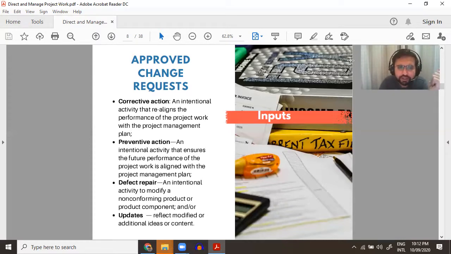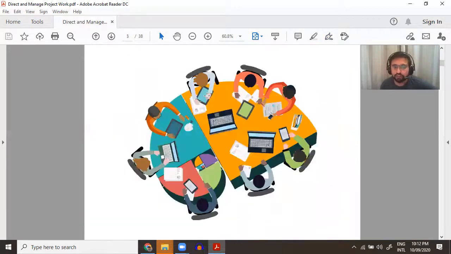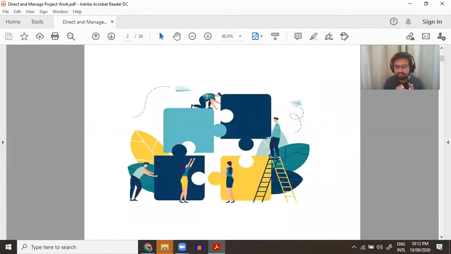But what happens if you don't check your tire at all, and nobody tells you your air pressure is down? One day your tire will get flattened. Now you may have to change the tire. This is called defect repair. So this is an example of defect repair. The project manager needs to understand where to put the input, where to take preventive action, and where to take corrective action.